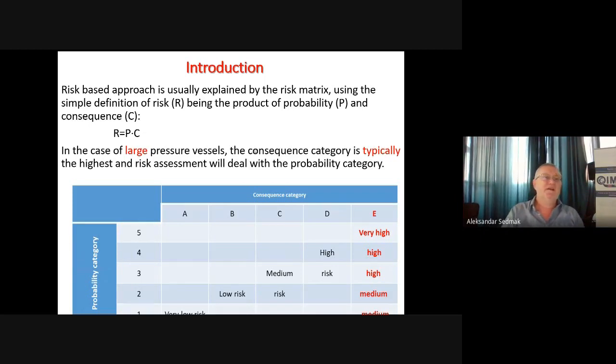And in the case of large pressure vessels that contain some harmful medium or could bring down a whole construction, as you will see later on, the consequence category is typically the highest one. And that is why this risk matrix has these red letters in the column far on the right